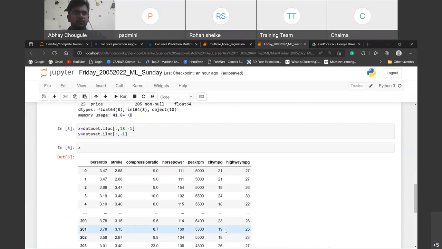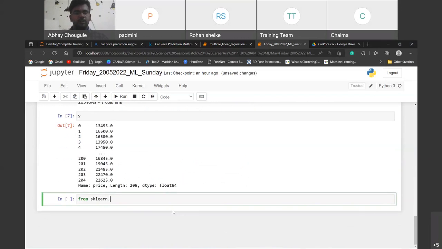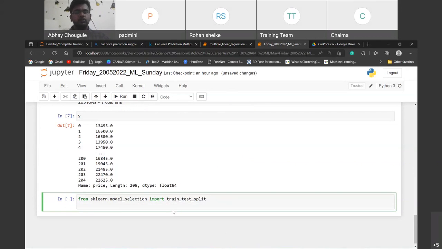So next we have to take one thing here. From sklearn dot model_selection import train_test_split. Okay. So now what I have to do? X_train, is it correct? Have you done this work? X_test, comma, y_train, comma, y_test